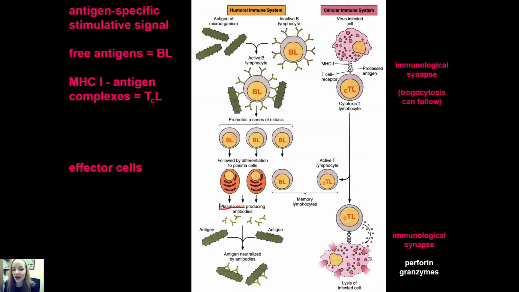For a T lymphocyte, the effector cell is the cytotoxic T lymphocyte. Cytotoxic because it's producing enzymes like perforins and granzymes. Perforins are special enzymes that produce holes in the cell. So here we have a nice cell with, as you know, MHC class 1 that is somehow disrupted or damaged, and the cytotoxic T lymphocyte will produce perforins, and these perforins will make holes in this cell, which is now very